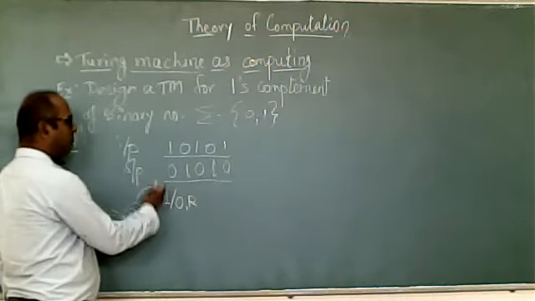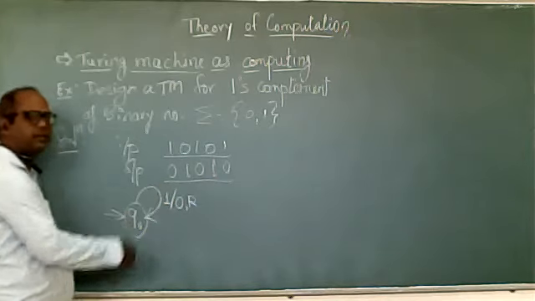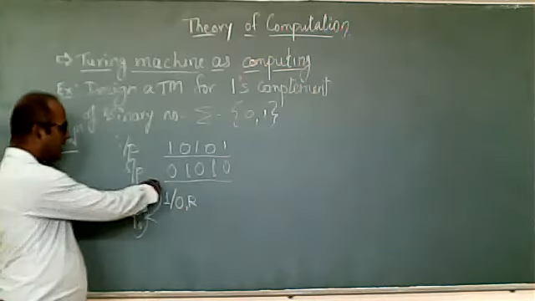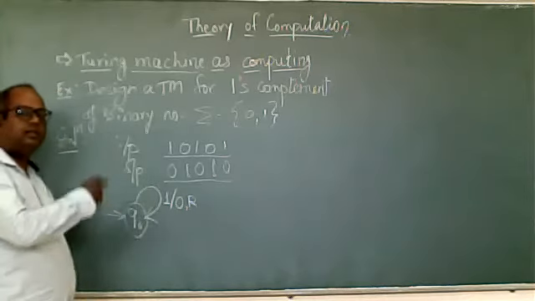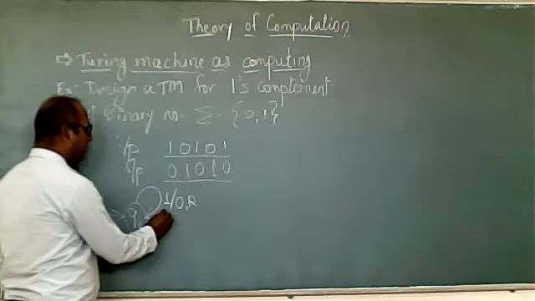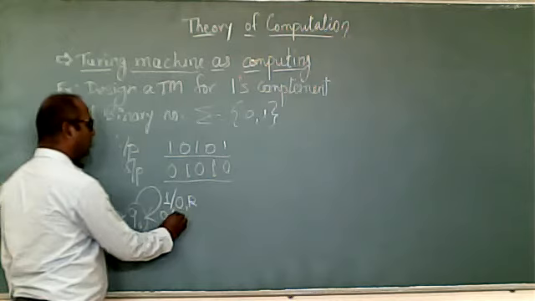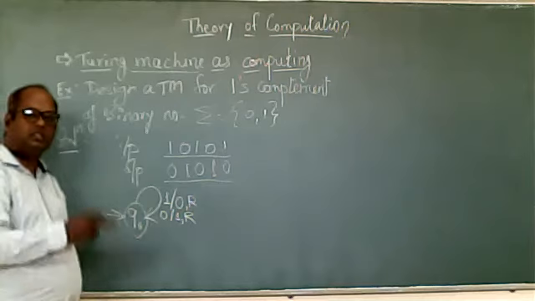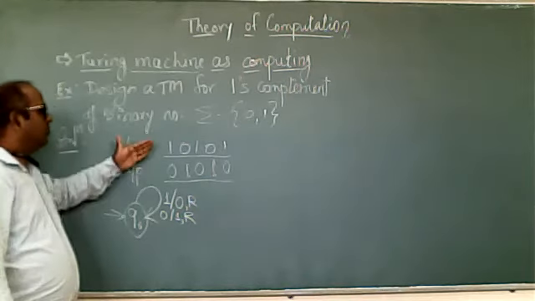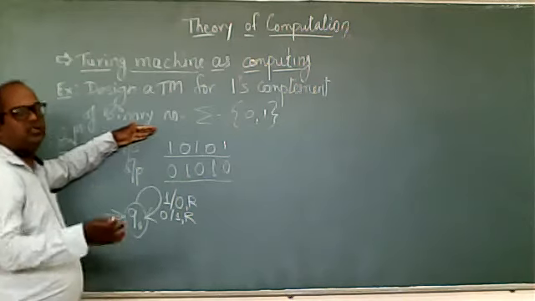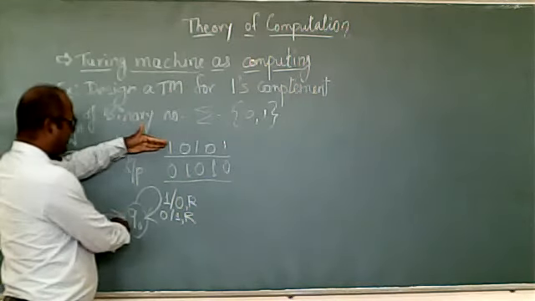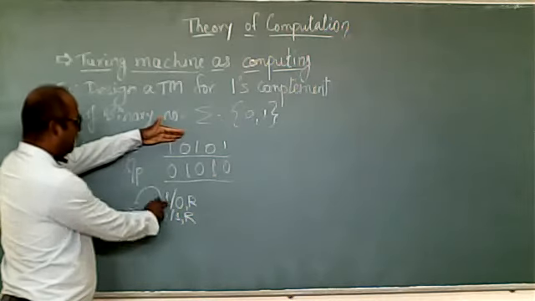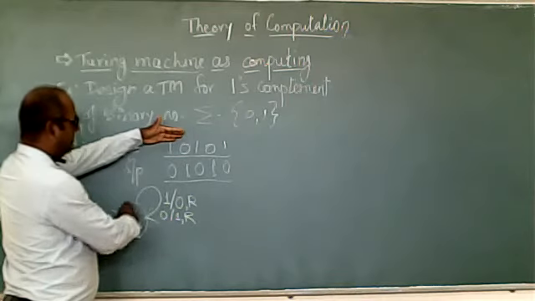So whenever we get 1, we have to repeat this same step. That's why we are making it a self loop. We'll repeat the same thing. Now second, if the input is 0, we have to make it a 1 and move to the right. This will again be a repetition, because we do not know whether 1 will come or 0 will come. So in Q0, if 1 is coming, it will make it 0 and stay in Q0. If 0, it will make it 1 and move right.